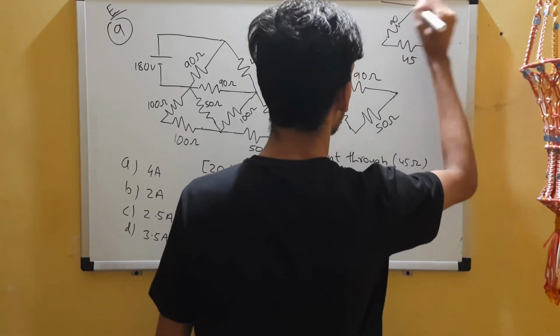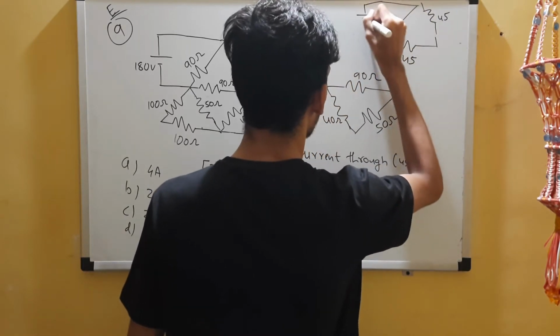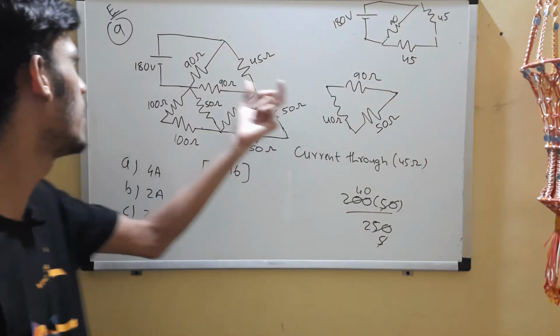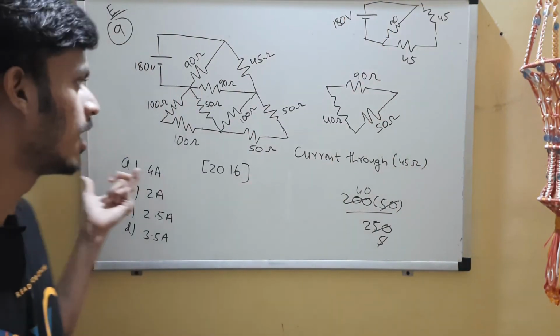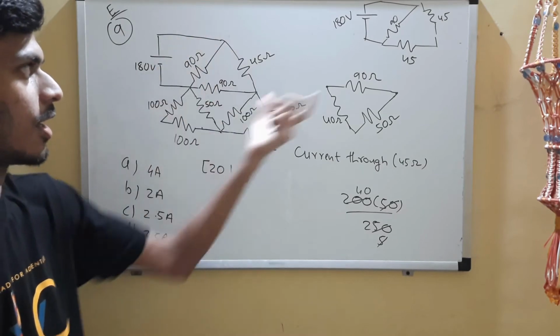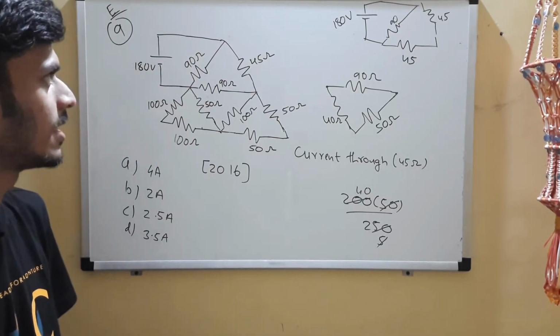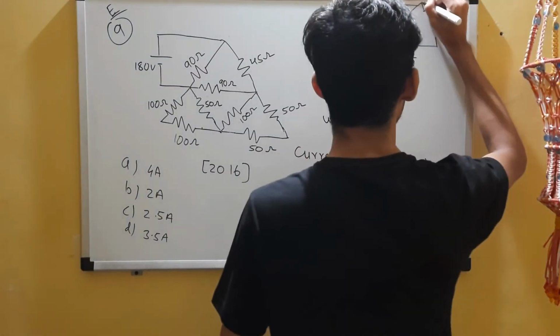After simplification we get this. Okay, so here we have a 180 volt battery and this circuit. After simplifying, after reducing this whole circuit, we get that. Okay, so now you can easily see the equivalent resistance will be, now you can see that this two 45